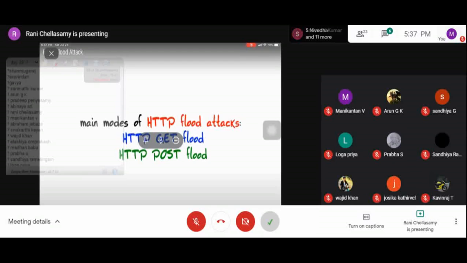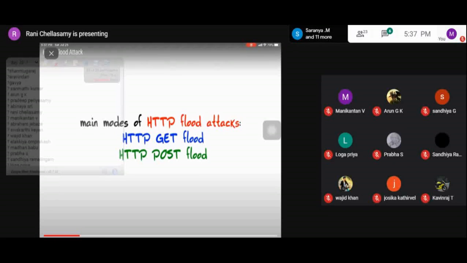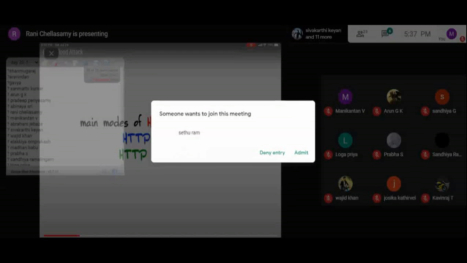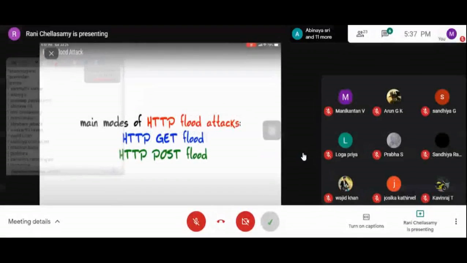The GET method is used for getting a resource. The POST method is used when the user submits a form to the web server. Other than these two, there are many methods: PUT, DELETE, HEAD, and so on. Now we are going to see how attacks come into the HTTP protocol using these two methods.